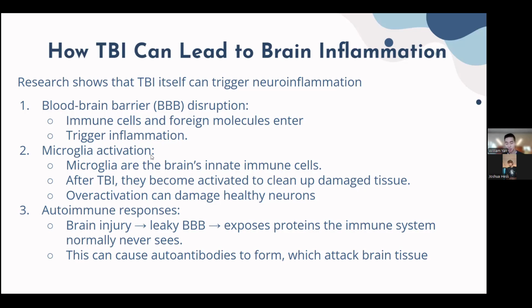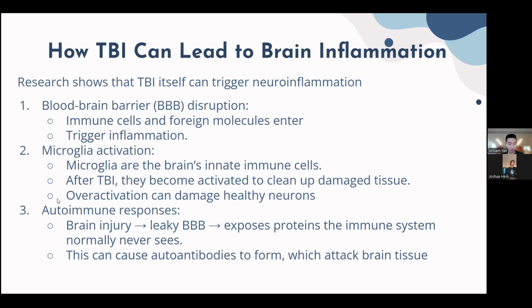Once they see this debris and these foreign substances, they will release a lot of cytokines, kind of telling each other, hey, there's an invader here. We've got to expand ourselves, make ourselves active and start eating things. So they become very activated and start to clean up damaged tissues, and they even overactivate so that they damage the healthy neurons, especially in the synapse region where the neurons communicate with each other.